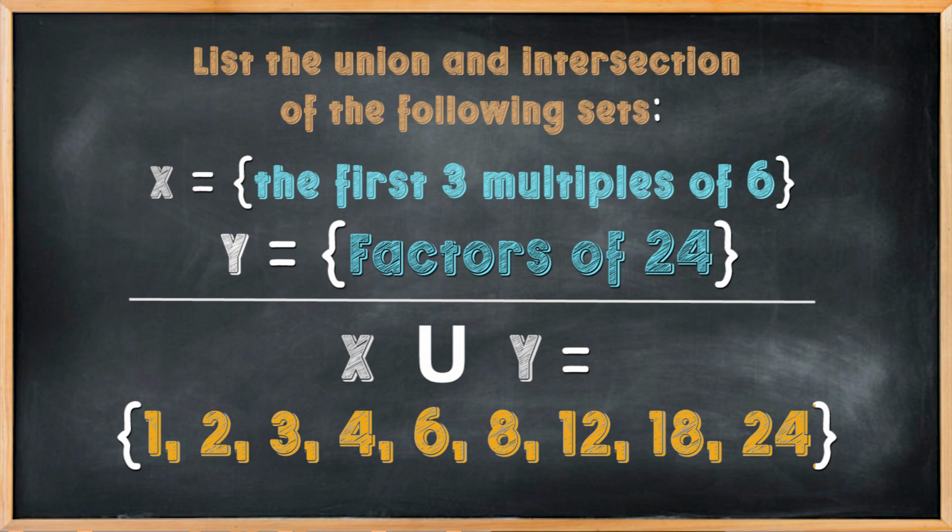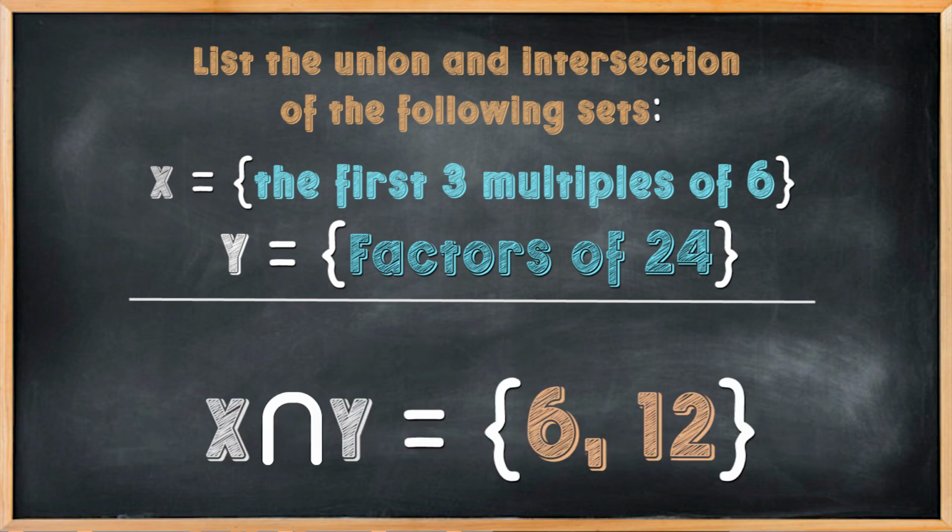And X intersect Y, which means we're looking for the common members of set X and set Y. These members are 6 and 12. So now that you have an example done for you, children, please ensure you complete the homework,